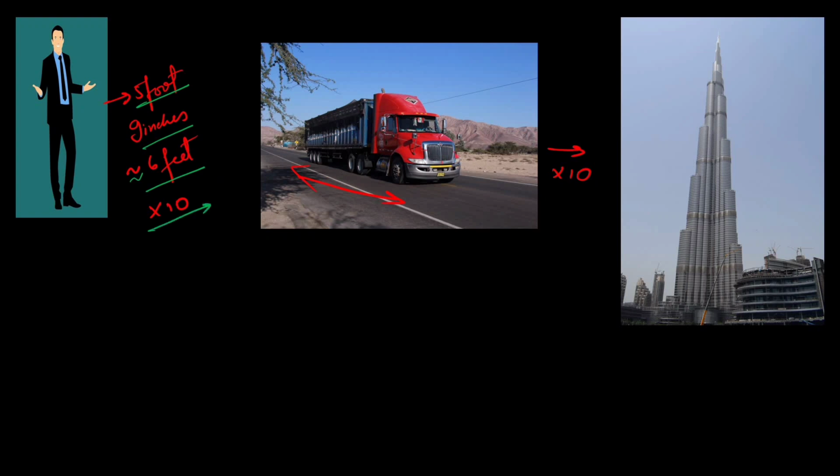Now if I were to lie down 10 times in a row, you would get about the length of an 18 wheeler. It's about 16 feet long. So this is times 10. Now if you were to make the 18 wheeler tall as opposed to long, somehow stand it up, and you were to do that 10 times in a row, you'd get to the height of roughly a 60-story skyscraper.